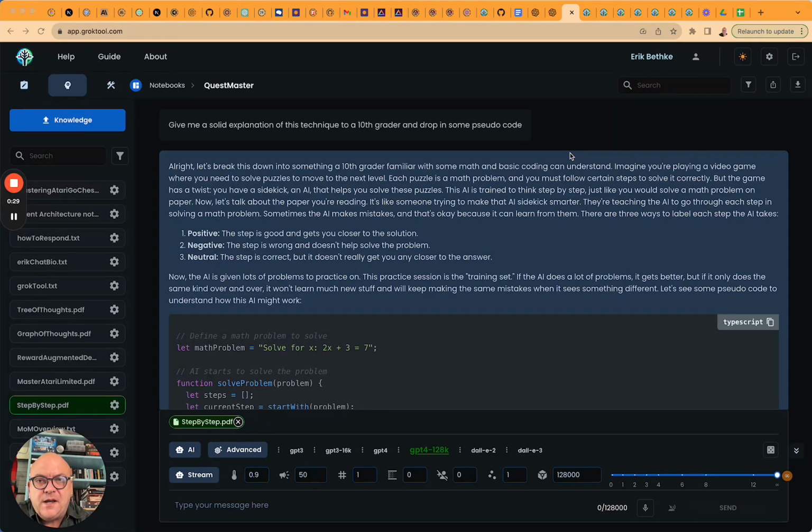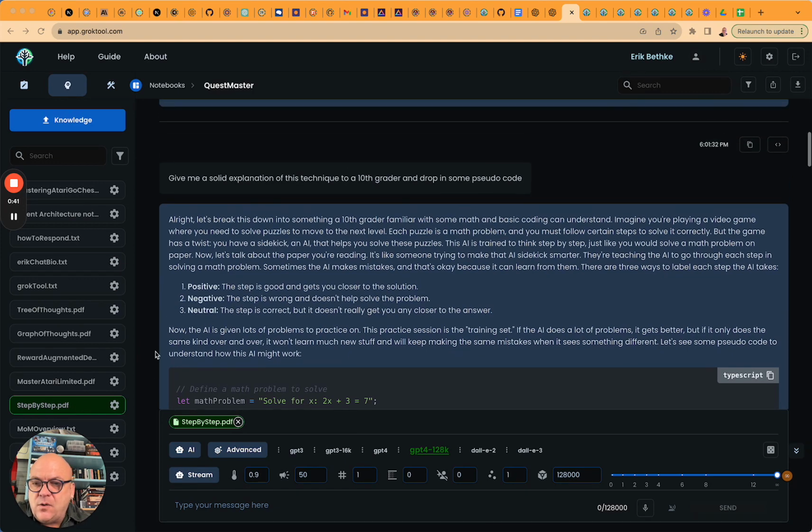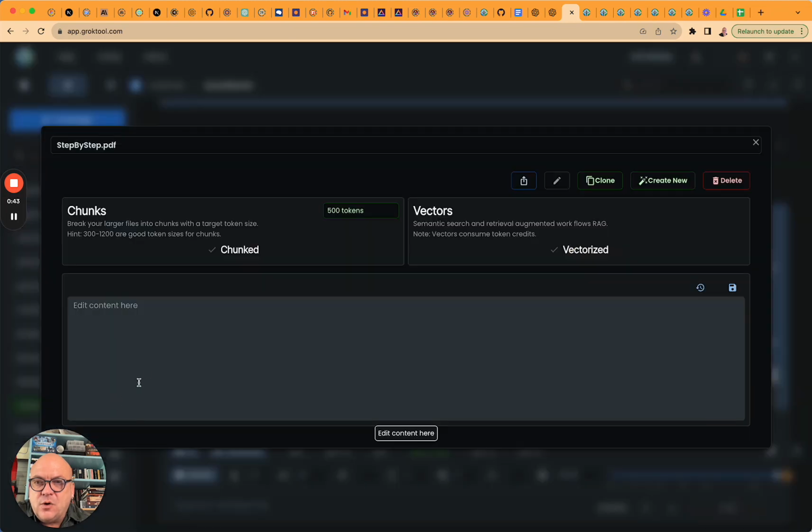All right, so what do we got going on? We now can upload very large PDFs. Here's that famous step-by-step paper on AI agents. And you can now chunk them and vectorize them and get them going for the full-on cosine or semantic search. Just jumping right into the little details here, I have the option for you to set